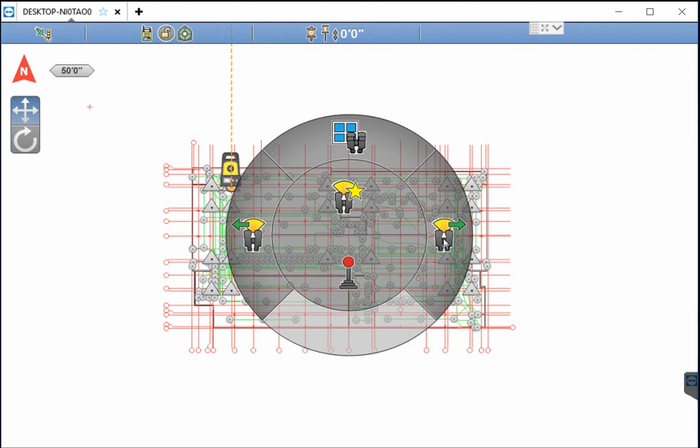Your total station is emitting a laser and your Prism is a type of mirror. The reason the total station can lock on the Prism is because it sends out the laser that is returned to it by the mirror. If something cuts off that flow of light, the total station will lose lock. If the laser is too far above or below the Prism, the mirror won't reflect it back to the total station. If the Prism is out of range, the laser won't be strong enough to reach the mirror and be reflected. If you are in reflectorless mode, the total station isn't looking for a mirror in the first place and